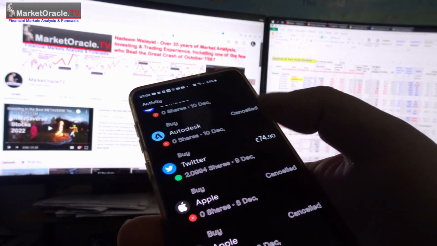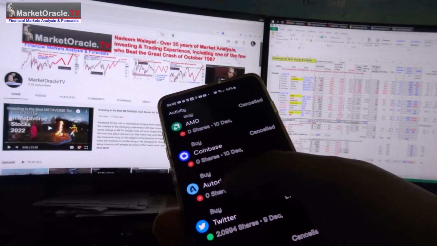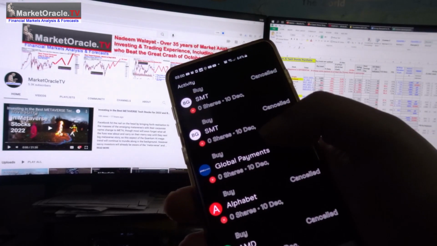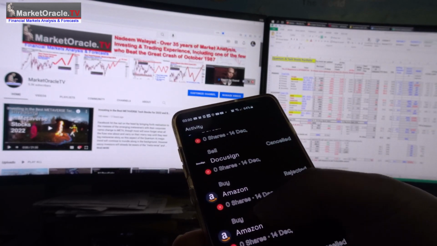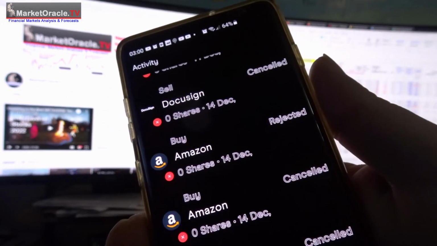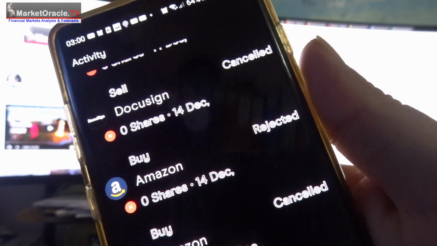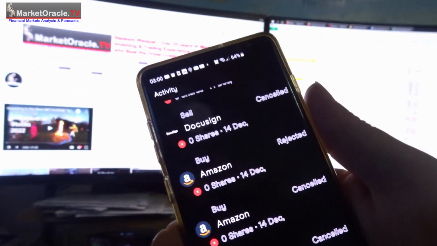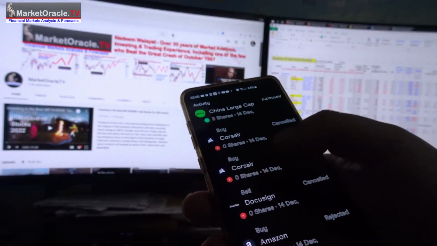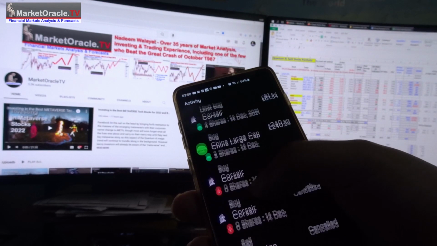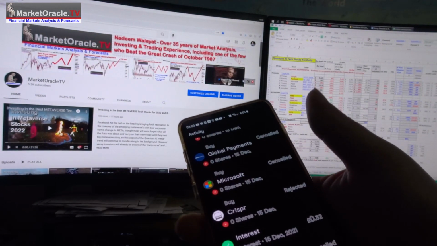You can only place 2 orders per stock, so there's that. Orders tend to get cancelled for that reason. But there's another problem, another glitch in their system: they tend to reject orders. Like, look here, they rejected Amazon. What are they rejecting Amazon for? If you can't place a limit order for Amazon, you can't place a limit order for any stock. And it's not just fractional shares, they even reject whole share orders, such as CRISPR.